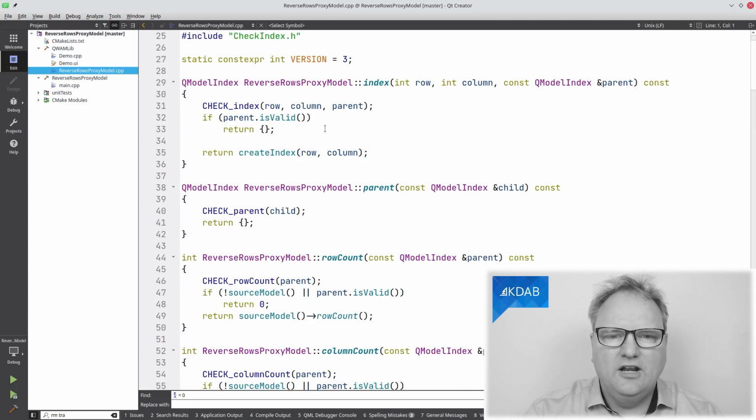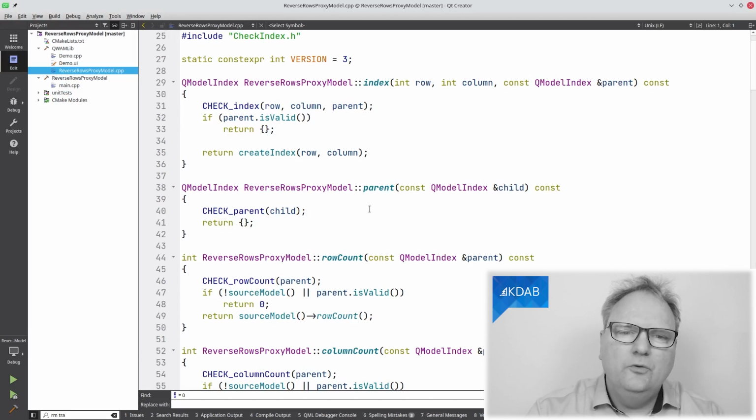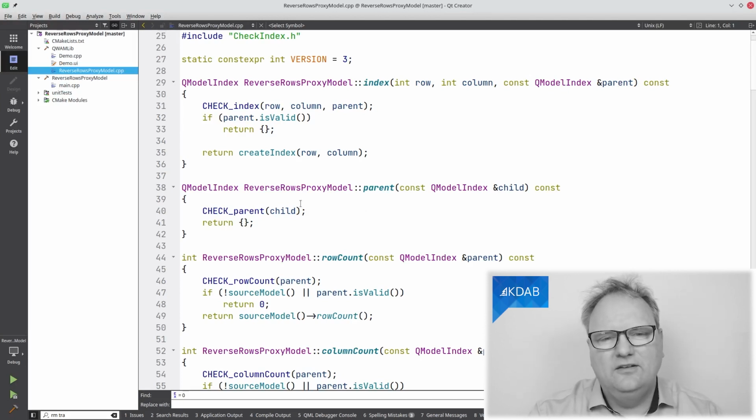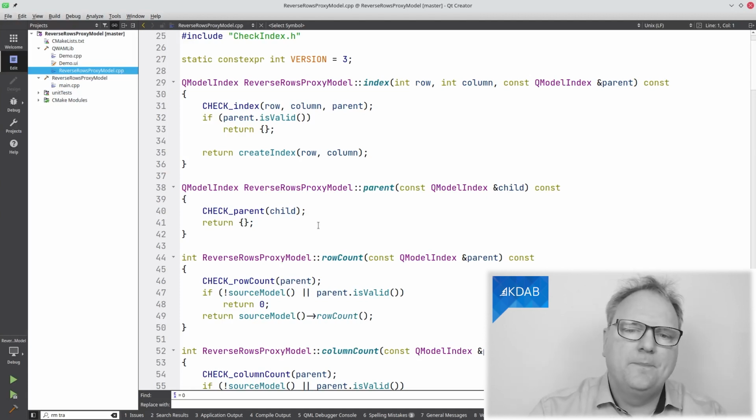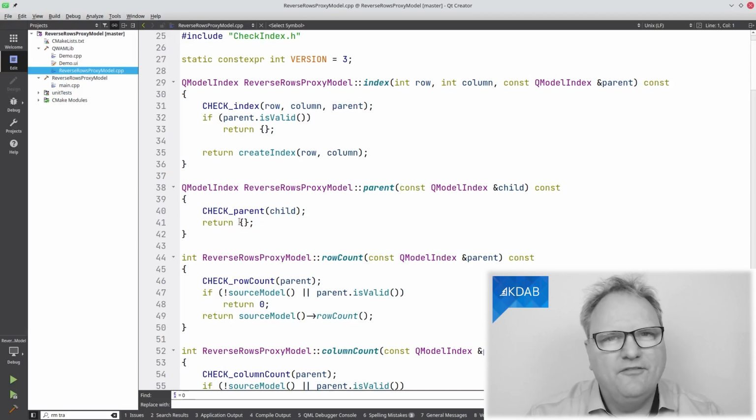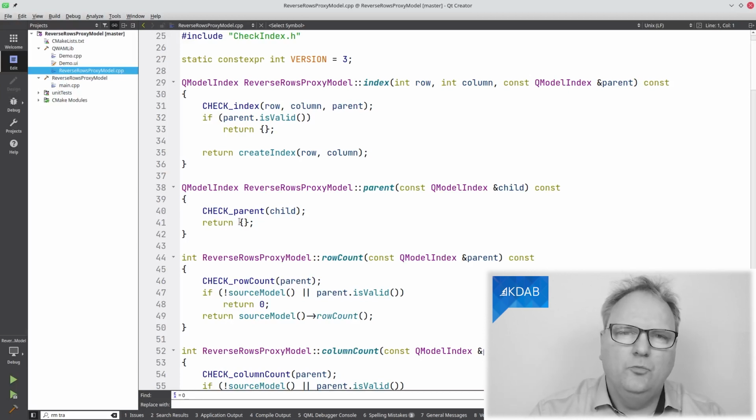Again, the usual check up here, and then I'll just call createIndex for row and column. And parent is super easy to implement for tables too. You could argue that this should have been the default implementation, but let's not go there. Parent simply returns nothing, because whatever cell you have in the table, the parent is the empty QModelIndex.